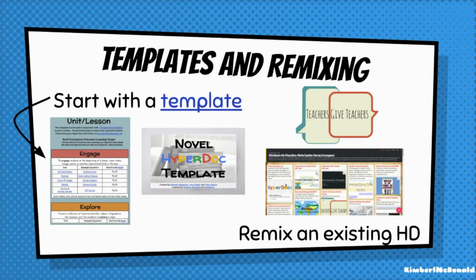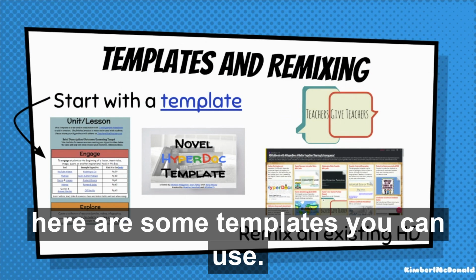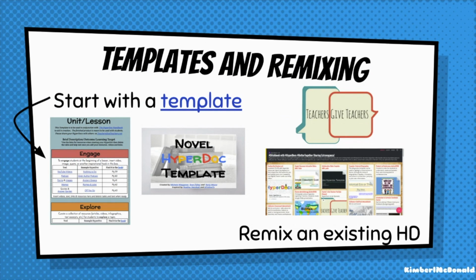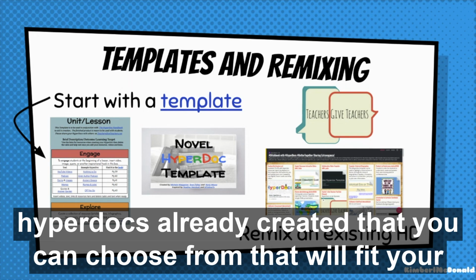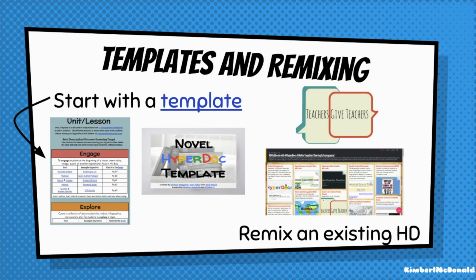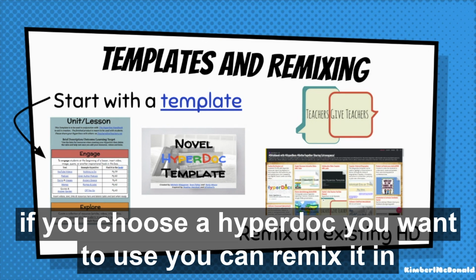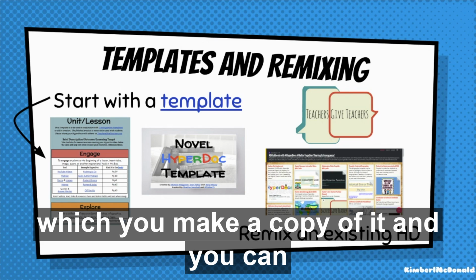So here are some templates you can use. Within the site, Teachers Give Teachers, there is a multitude of HyperDocs already created that you can choose from that will fit your needs. However, if you choose a HyperDoc you want to use, you can remix it, in which you make a copy of it,